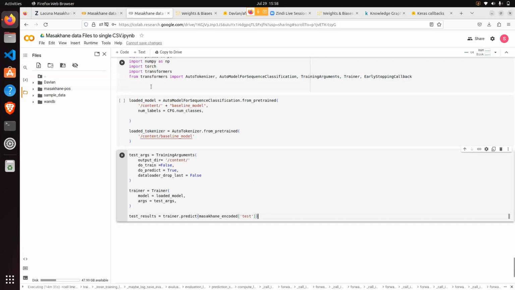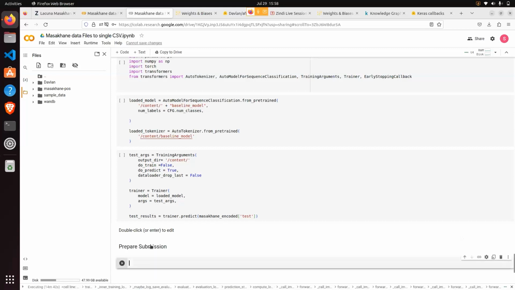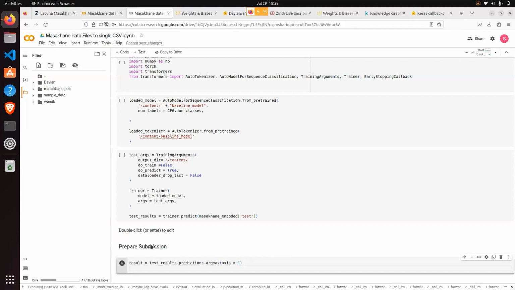Okay. So, prepare submission file. Actually, let's just do it. Test result is equal to test results.predictions.argmax, axis equals 1. Next, what you want to do is